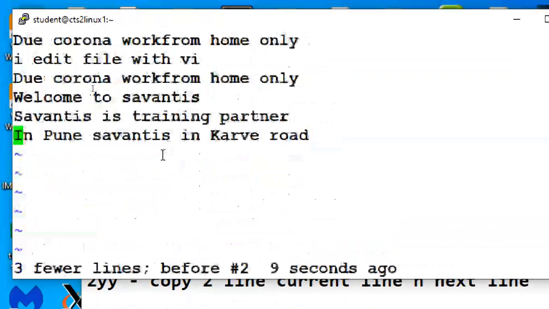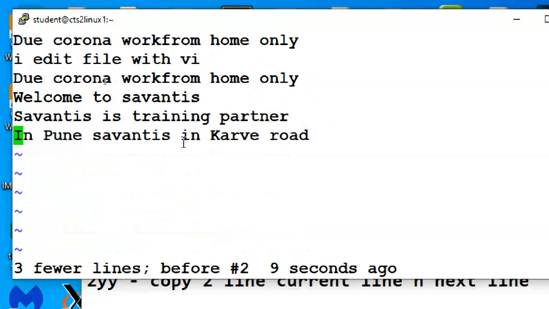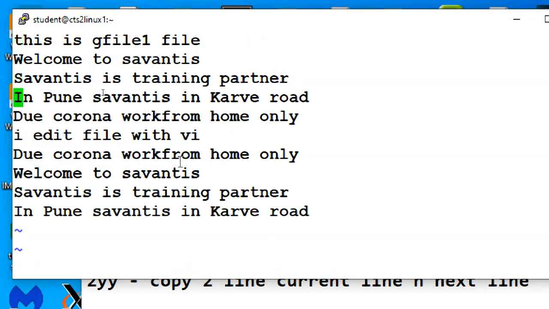So this is how you can copy paste. So this is totally my file now. Okay. Again, press escape. So this is how 3 lines are copied and pasted.